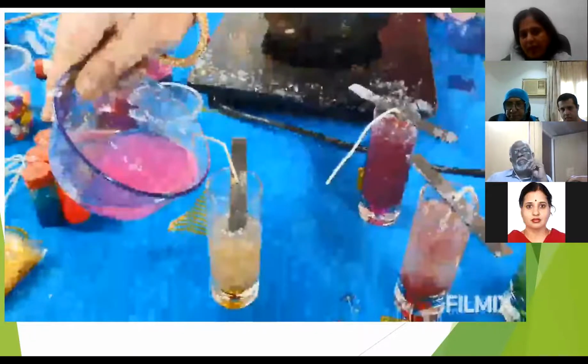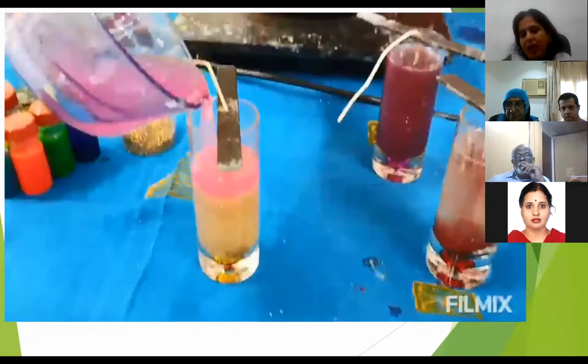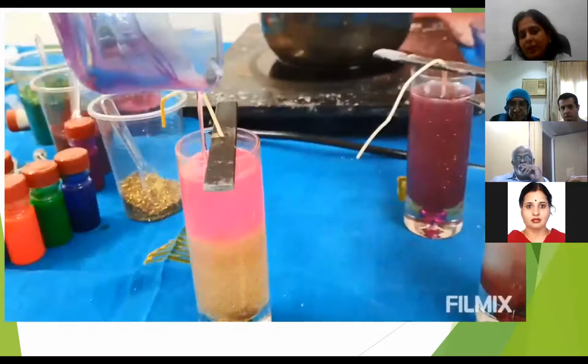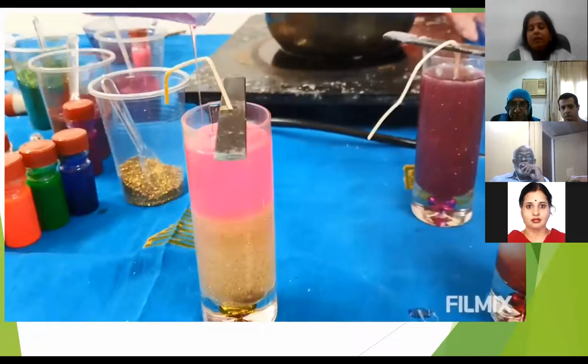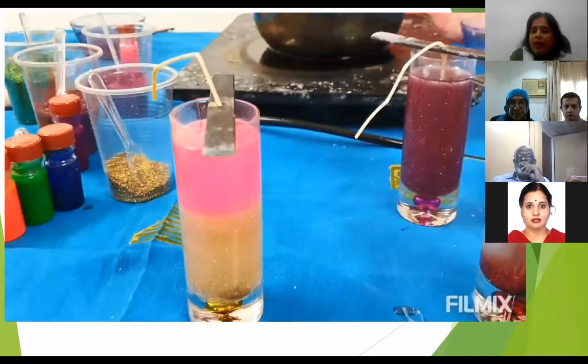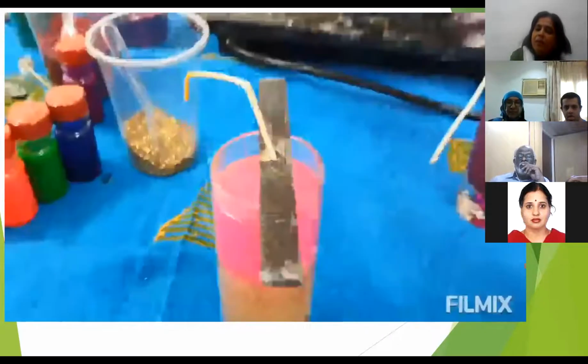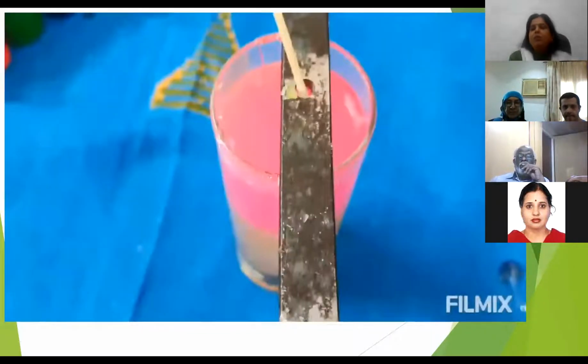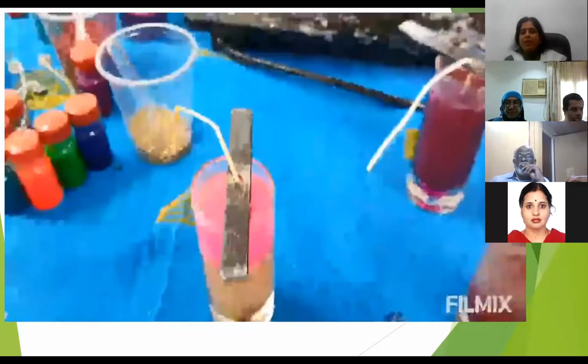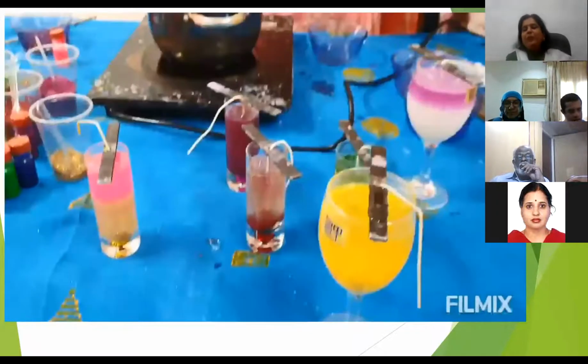So this is again the double color. One is gel and the other one is the liquid color. Sorry, glitter. The bottom is the golden glitter candle and the top is pink liquid color. So however you want, you can match. Whatever you want, you can do. And everything looks beautiful in this.